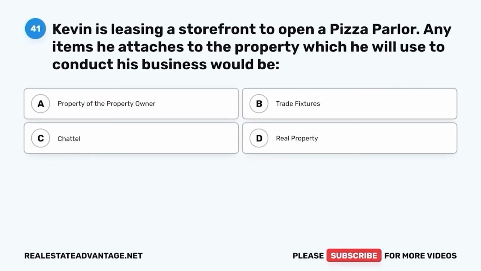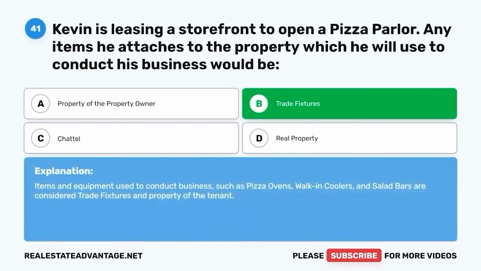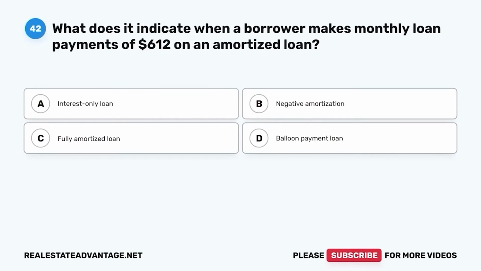Question 41. Kevin is leasing a storefront to open a pizza parlor. Any items he attaches to the property which he will use to conduct his business would be A, property of the property owner. B, trade fixtures. C, chattel. D, real property. The correct answer is B, trade fixtures. Items and equipment used to conduct business, such as pizza ovens, walk-in coolers, and salad bars, are considered